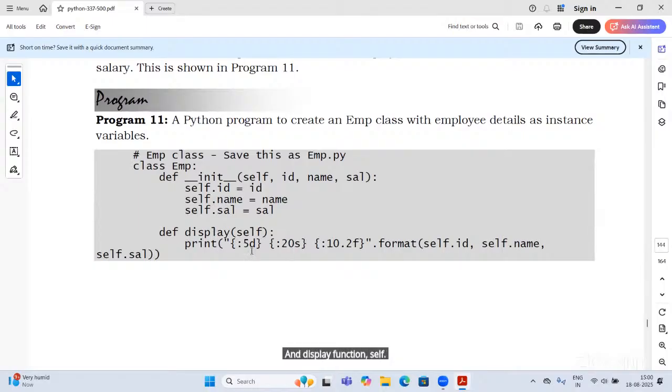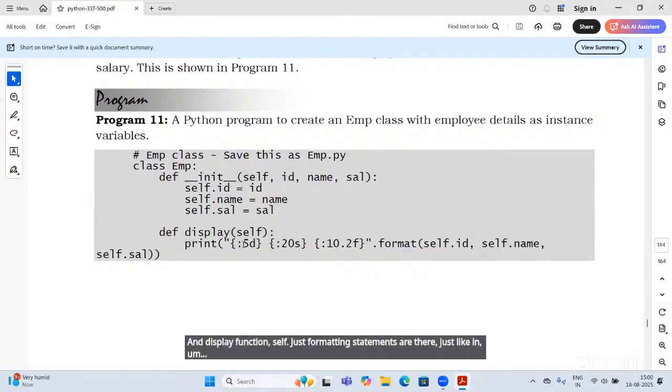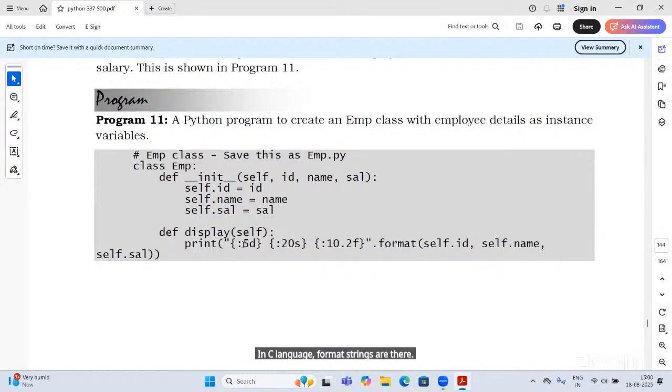Just formatting statements are there, just like in C language, where format strings are there, like percentage 5d, percentage 2d, percentage 1.2f, percentage d, percentage f, percentage lf, percentage ld. The same way, format string.